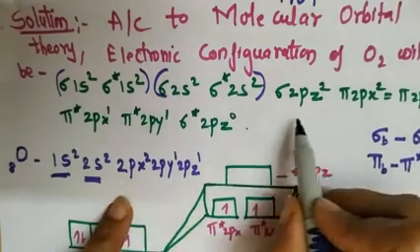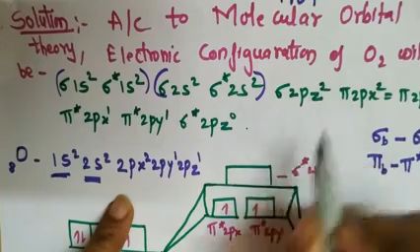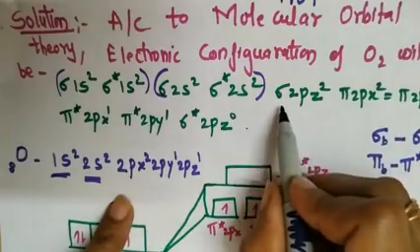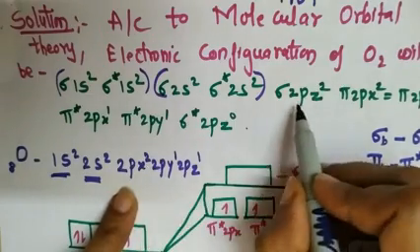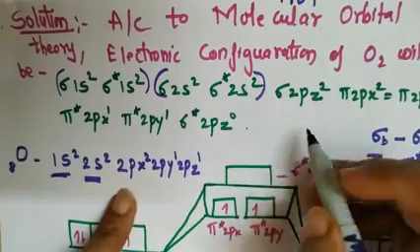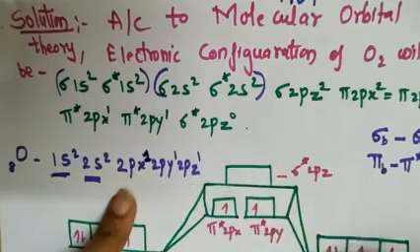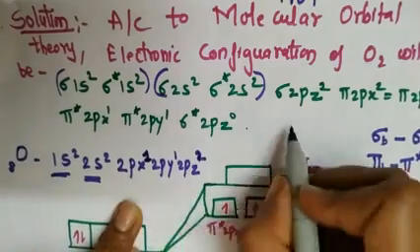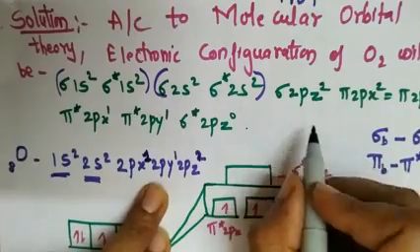So for writing this configuration we will take sigma 2pz2. Any one you can take. Here it will be sigma 2pz2, these 2 electrons are going in 2pz2. Here I will make a correction so that it becomes easy: in x I will give 1, in y 1, and in z I will give 2. Any of the subshells can take, but in books it is written for sigma 2pz, so I am writing the same configuration so that there is no confusion.